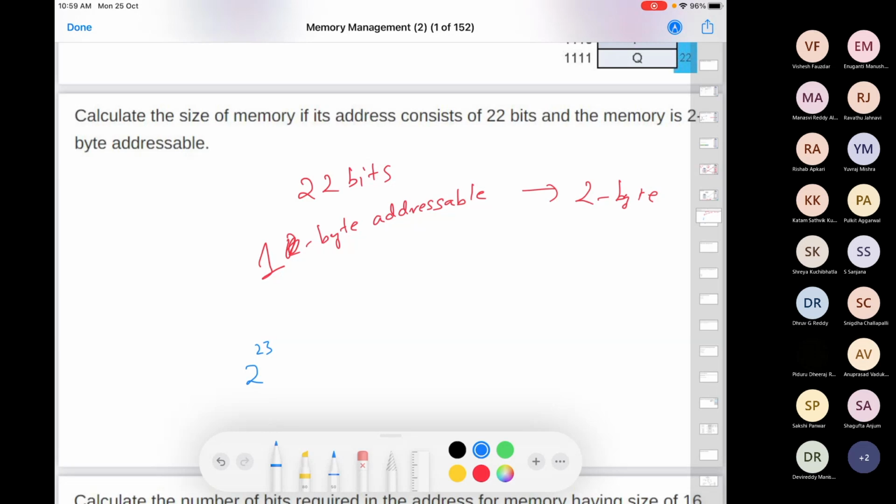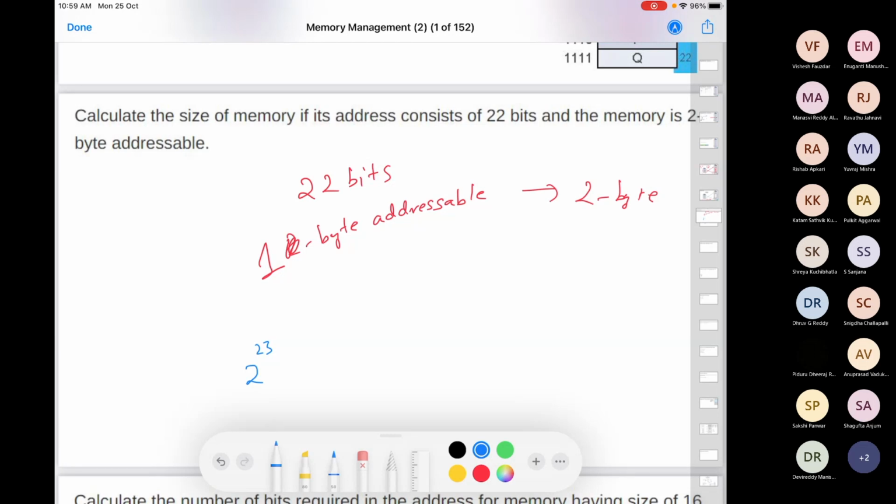Why 23? Like, why not 22? From where does that 1 come? Additional 1. Okay, so you're talking about 2 byte addressable. Let's discuss 1 byte addressable first, then we'll jump to 2 byte addressable.